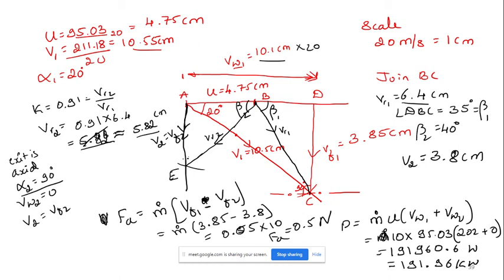All the three modules will go like this: the steam turbine, hydraulic turbine, as well as the centrifugal pumps. In every module, the same problems will keep on repeating. We will only be playing with the data. If you learn to draw these velocity triangles, it is easy to score 100%.